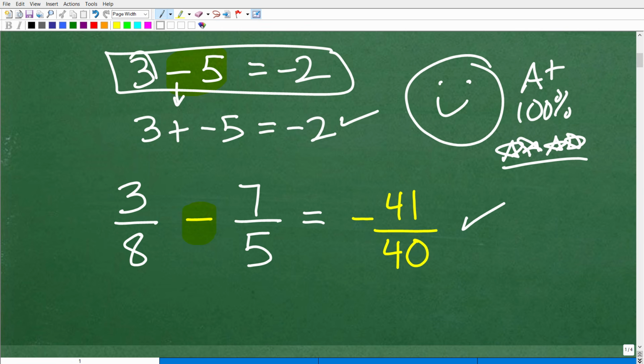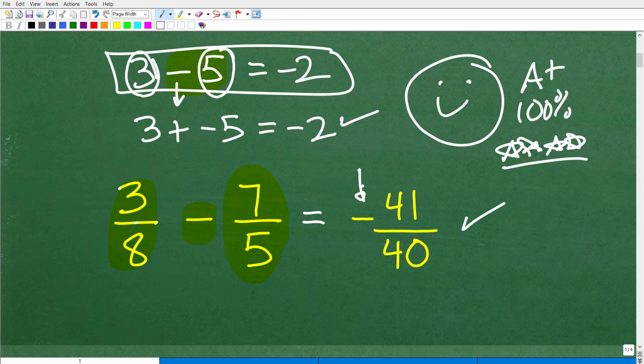So when we have a bigger number, we're taking a bigger value away from a smaller value, the answer is going to be negative. So looking at this problem, which one of these fractions is larger in its value? Hopefully you can see that 7/5 is larger than 3/8. So we're taking away a larger value from a smaller value, so we're going to end up with a negative sign. So these are the type of observations you want to be careful about when you're doing any math